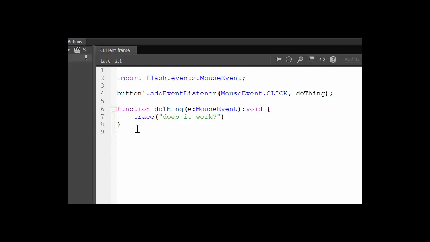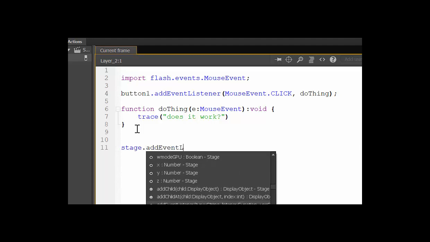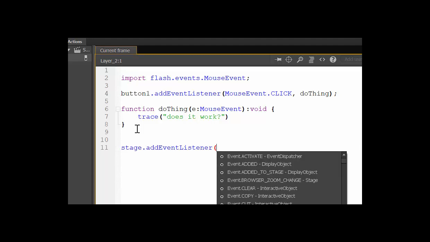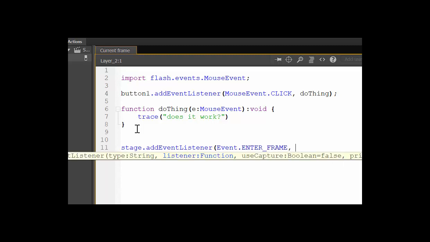Now in the case of a time-based listener where we want it to do something every frame that passes, and again, we're usually working about 24 frames a second, we're going to start off with the same listener. We're attaching the listener to the stage, so it listens for time passing. Add event listener, and then I'm going to say Event.ENTER_FRAME. So this listens for the passage of time in this form of frames, and we'll make a new function called